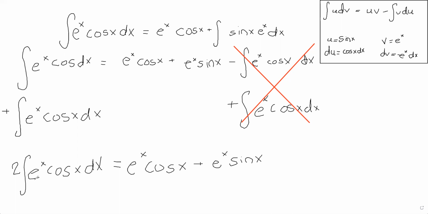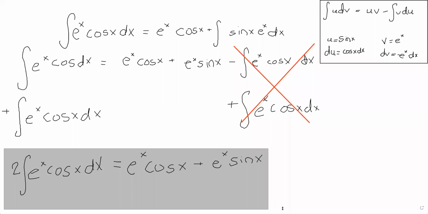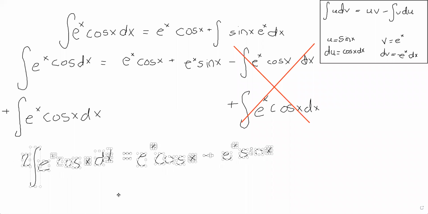All right, and then one more thing we need to do is divide everything by 2, because initially when we're given this problem, we know what we're setting out to find is this right here. We don't want to have the 2 there because the original problem doesn't have a 2. So we're going to divide everything by 2 to get the answer we're looking for. And once again, I'm going to do some rearranging. So we get